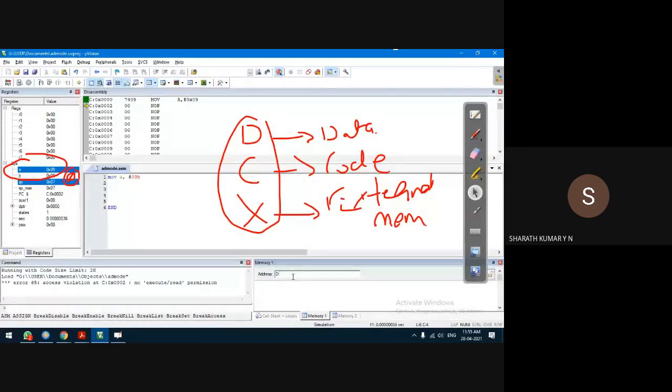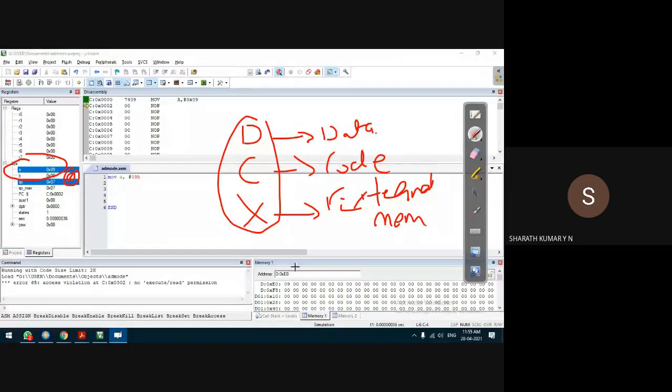The syntax is D colon, not semicolon. D colon address. There are two ways of representing the address. 0x, without space, means hexadecimal address. What is the address of accumulator? E0, not O. Press enter. How do we know it is E0?